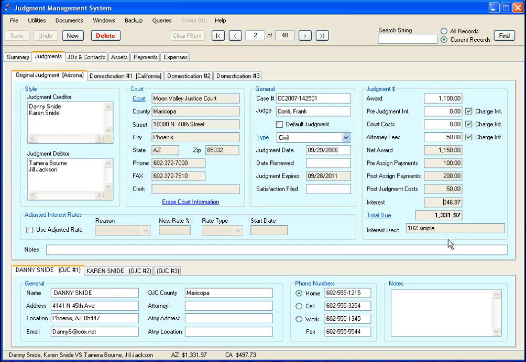Then you have the total interest, and that's the total interest as of today that has been added to the judgment to give you the total due. And again, this is as of today. And this is the interest rate, 10% simple. And that is the default rule for the state, which happens to be Arizona. The interest rate information